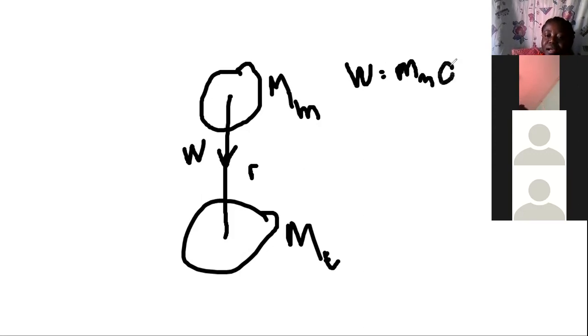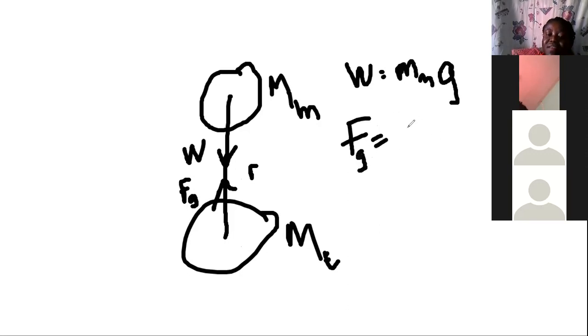Times the gravitational acceleration of what? Of the earth. Because the pulling, that thing, it's due to the gravitational acceleration. Okay, so it's moving with a gravitational acceleration. But also now this one, it says it exerts that force. Let's say this is the force of the gravity, the one due to the earth to this one, which is given